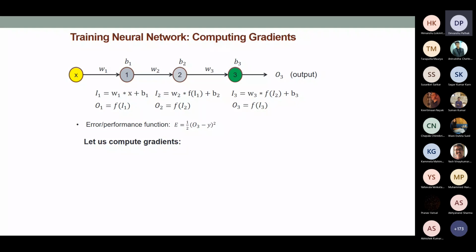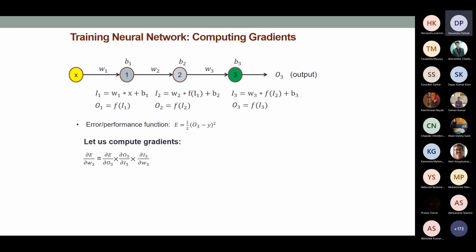How can we compute the whole thing? You recall the chain rule on the graph computation that you have seen before. So let's try to compute the gradient. Let's first try to compute del E del W3. I'm showing this in the slide. In case you are confused, you can think in terms of the dependency relationship.